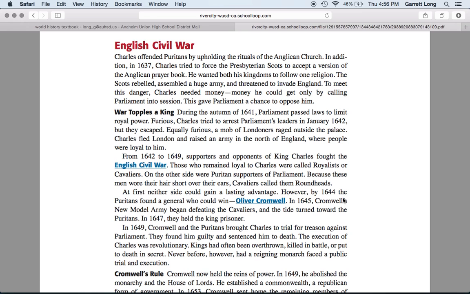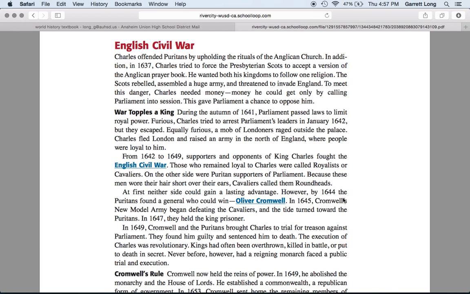And remember, guys, Civil War is when you are fighting against your own country. And people were going against Charles I. And they wanted to remove Charles I because they felt that he was committing treason. Now, guys, when you commit treason, remember, that is when you betray your own country. Probably one of the worst things you can do in your country, especially if you are the leader.